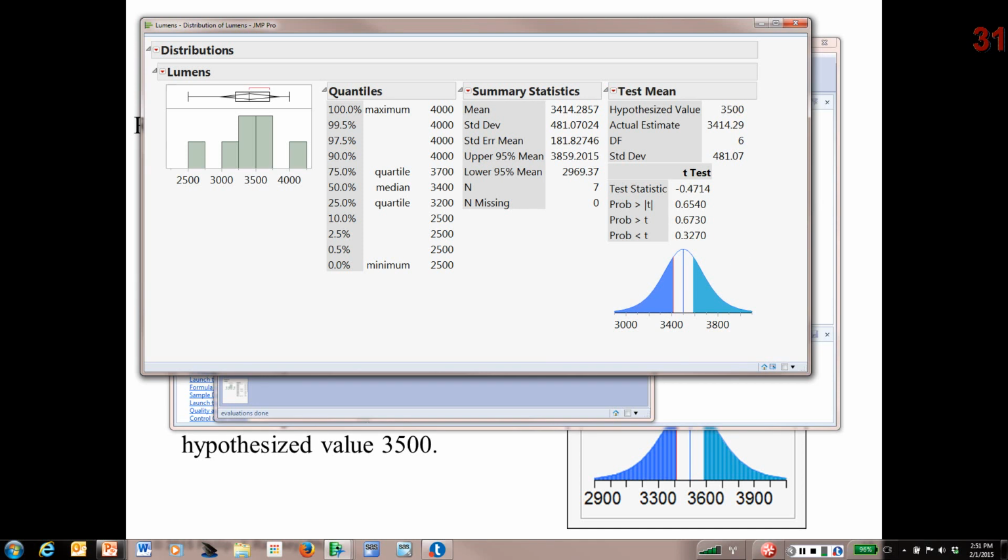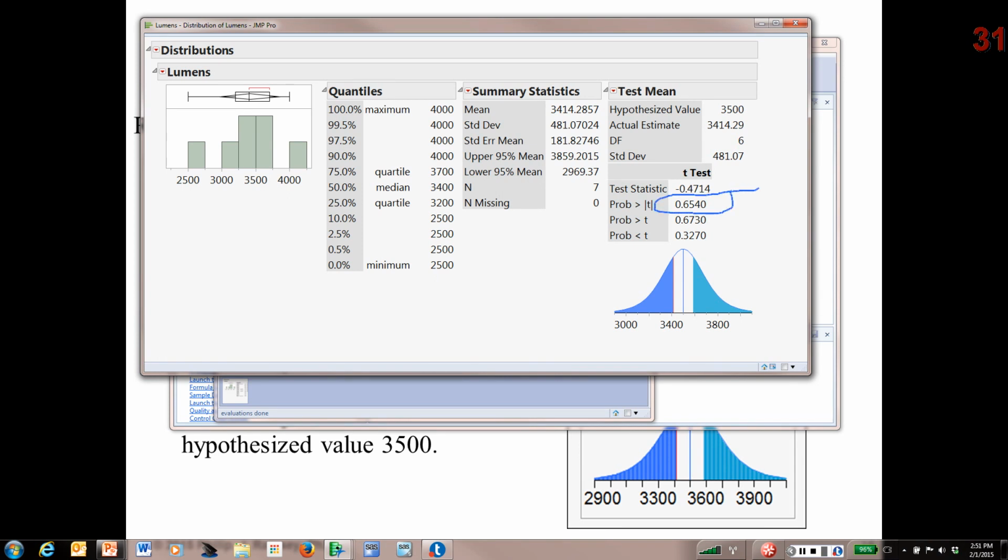The shaded area under the curve represents the probability that I could have gotten a sample average more extreme than the one I observed. In other words, what proportion of the distribution of possible sample averages is less than or greater than the value I observed? And the answer is given to us,